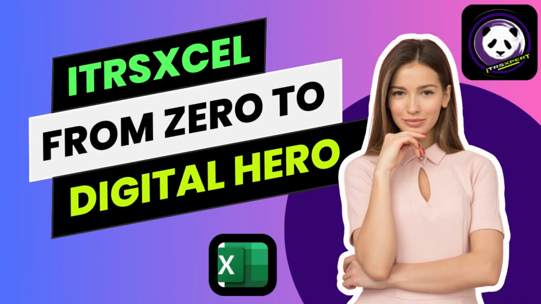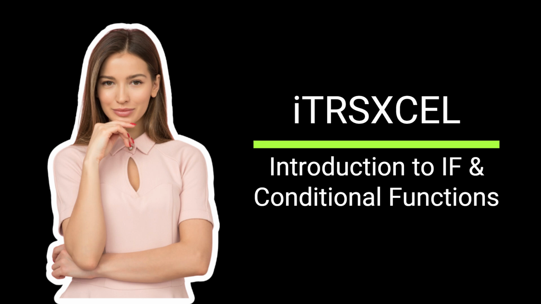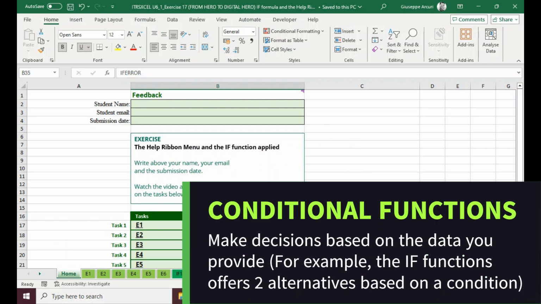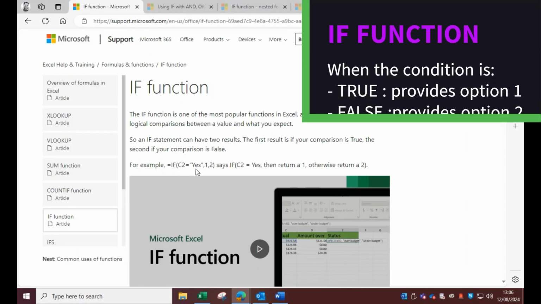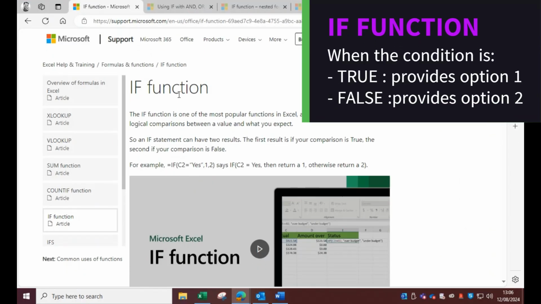In this video of the ITRXCEL course, we cover conditional functions and prepare for exercise 17. Imagine transforming your spreadsheet into a smart assistant that can make decisions based on the data you provide. Here is where conditional functions, such as if or if-else, can help. In this video, firstly we will cover the if function, its basic structure and real-life examples when the if function